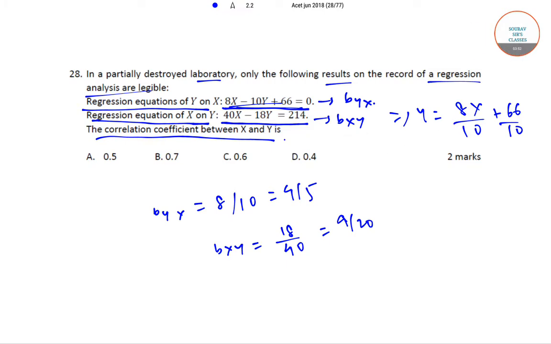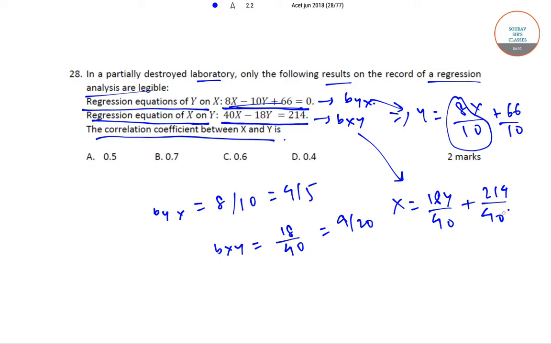So from here we get byx is equal to 8 by 10, that is 4 by 5. Now we got this using this equation, and using this equation we can write x is equal to 18y by 40 plus 214 by 40. So now we get